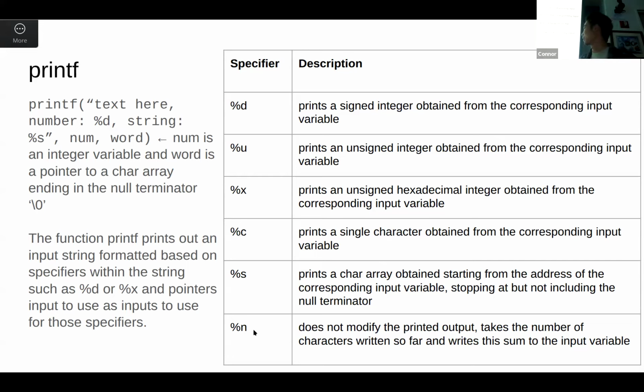Yeah. So what %n does is the argument will be a pointer at the end, at the location of %n, and it does not print anything. It'll just look at how many characters have been printed out at the location of %n, and then it'll write that value to the pointer. If that doesn't make any sense, that's okay, because you'll run into this again, and I'm pretty sure we'll explain it,